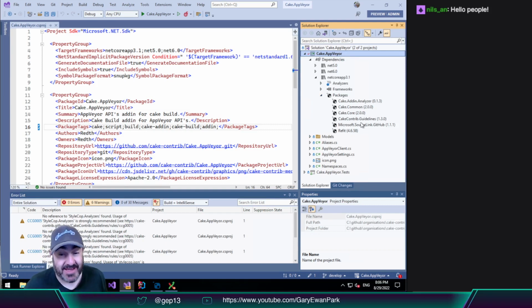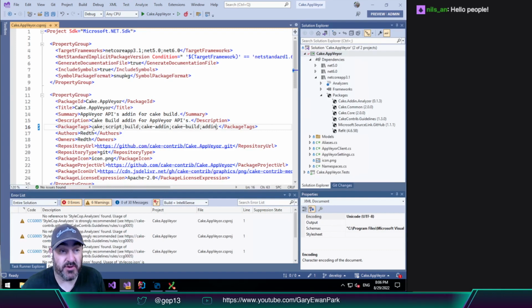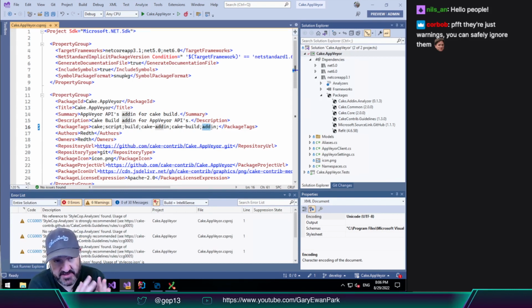So it's the Cake-Contrib Guidelines package. Yes. So there's a couple of warnings being thrown from there. Now the first one was with regard to the add-ins that were being used, or in this case, that weren't being used. So it was warning me that there wasn't a cake build tag being used, and there wasn't an add-in tag being used. Now, I think I'm right in saying that those tags are then used on NuGet.org to light up the different functionality within the NuGet section of a